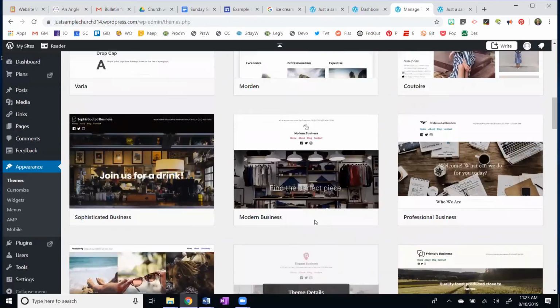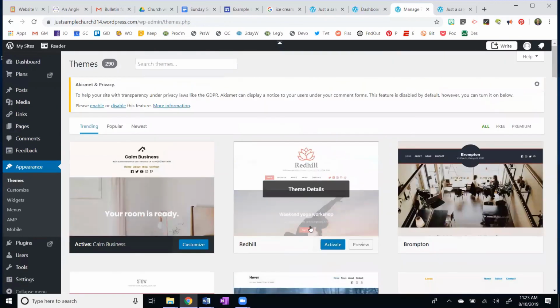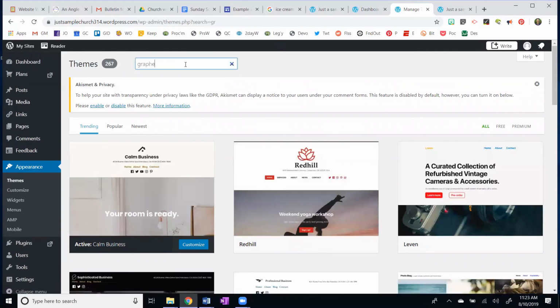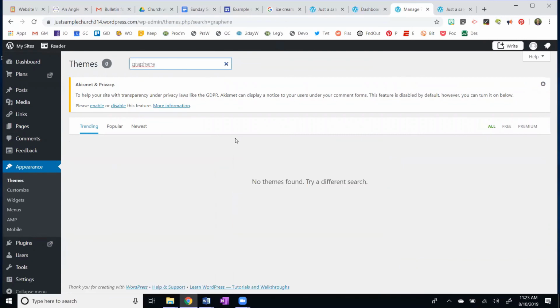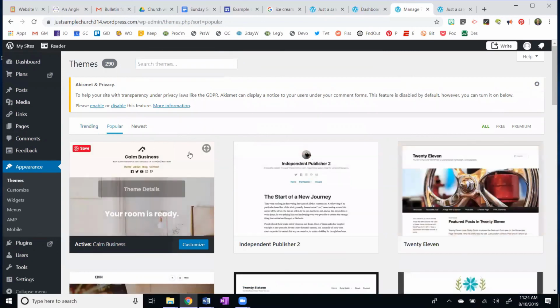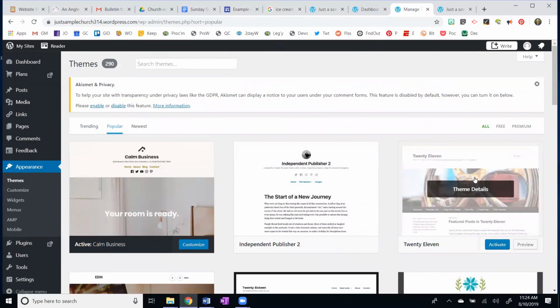Okay. One of the ones I like to use is graphene. So I'm going to search themes for graphene. It's not there. So I could search for other ones, but I think I'm going to take this one here called 2011.